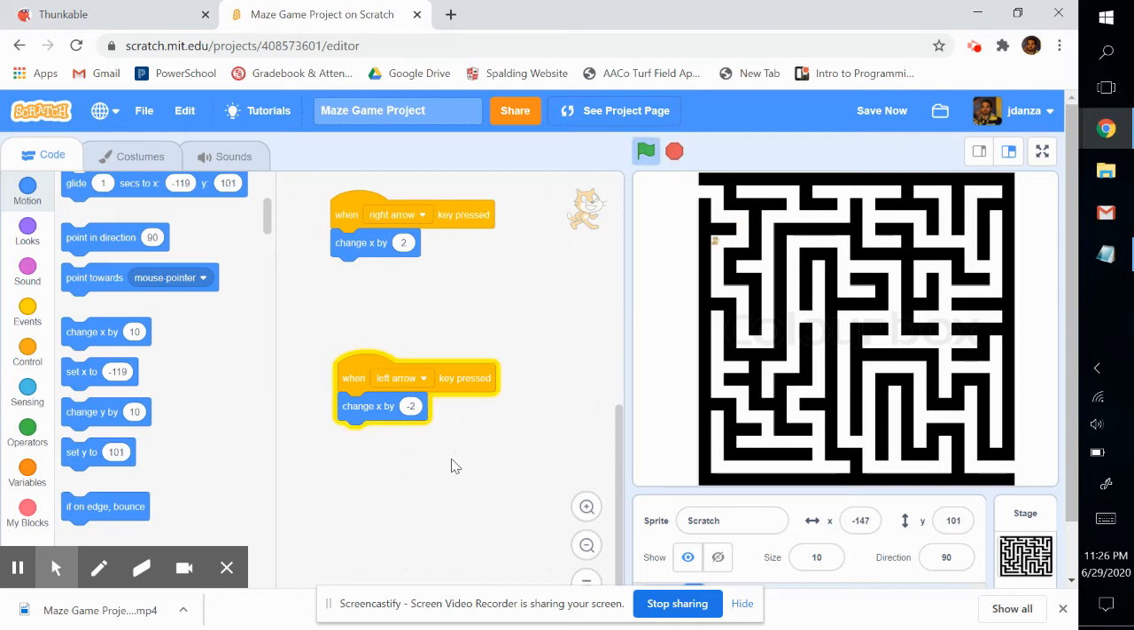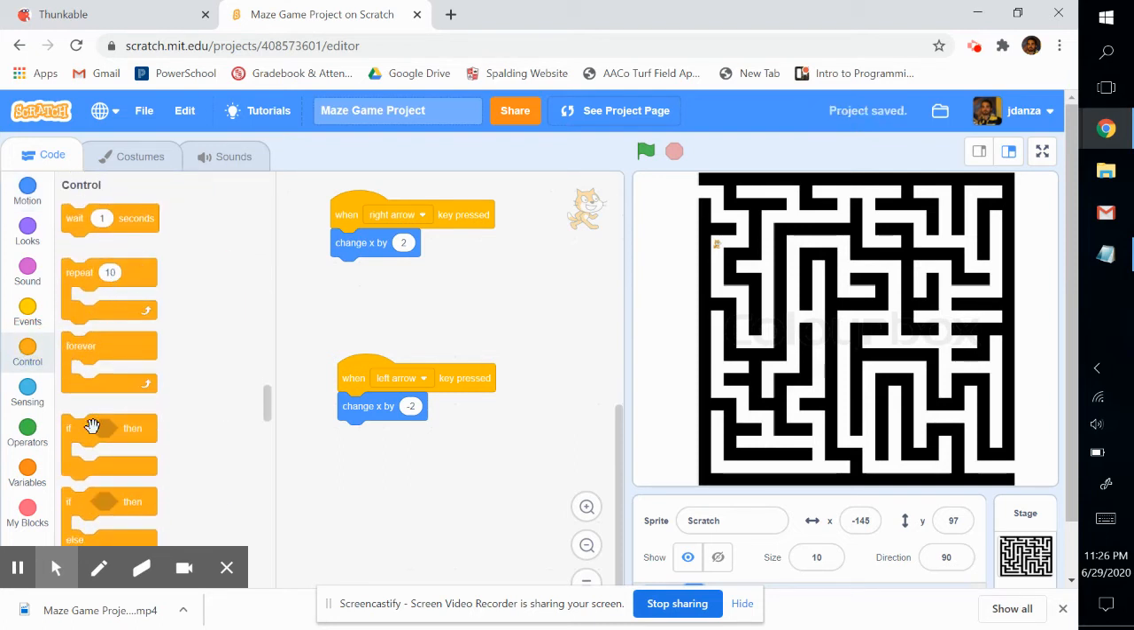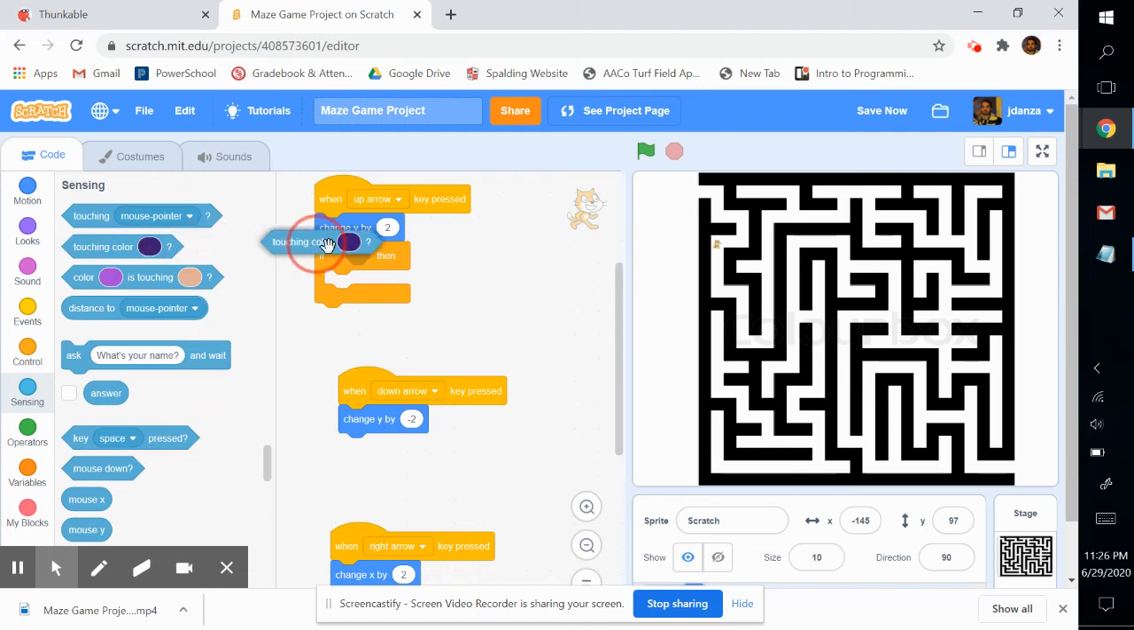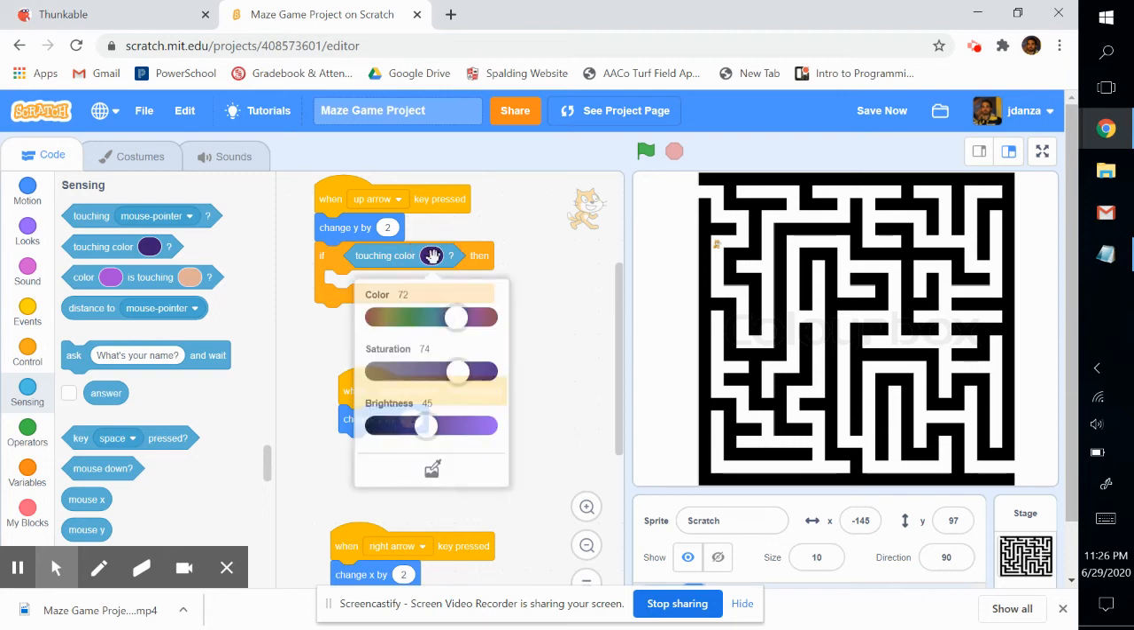So I can make them move through the walls or make them walk through the maze, but as you see, we're walking through walls. That's not good. So let's go ahead and restrict him from walking into walls. Let's enter Control, and let's say if, and I'll drag this to the top one, just so we're nice and organized. If, and I'm going to click on Sensing, if touching color, and I'm going to click on this actual color right here, and I click on the eyedropper,